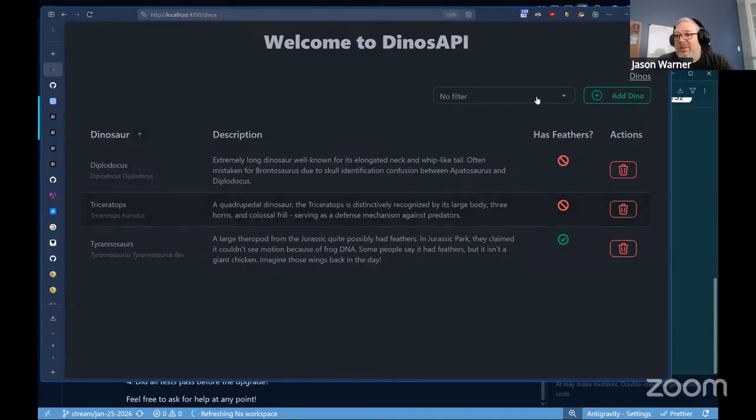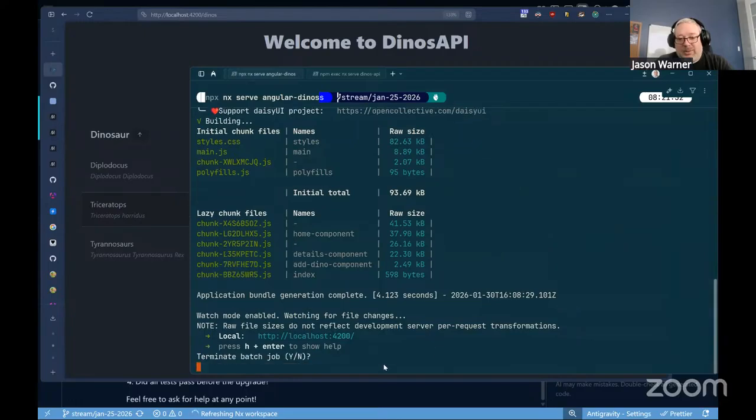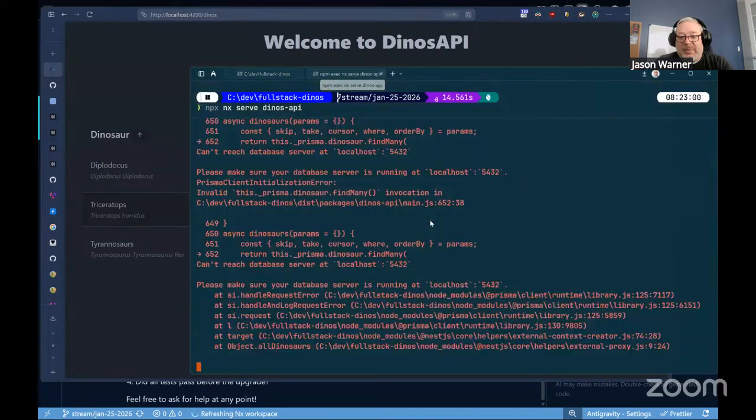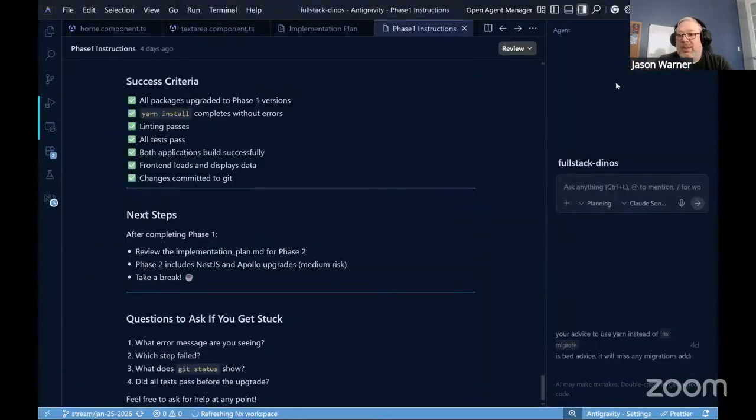So now that we've taken a look at the application, let's shut some stuff down to preserve a little bit of memory as I'm live streaming here. And let's talk about Antigravity. Antigravity is a tool from Google. It's basically their fork of VS Code, and what they've done is they've added on top of it, and I think it's VS Codium, because